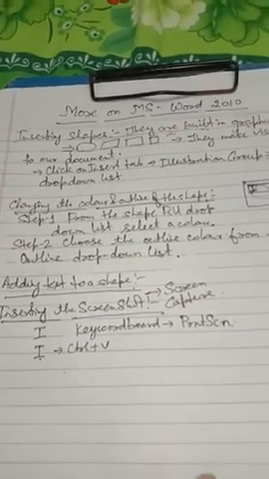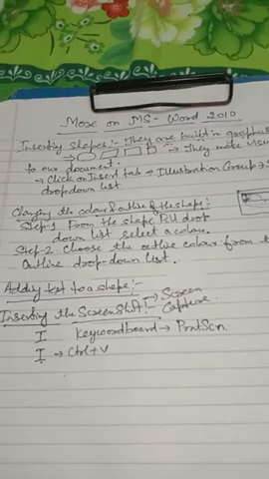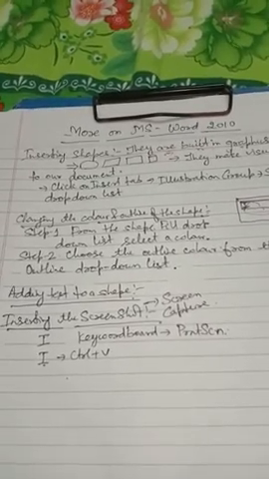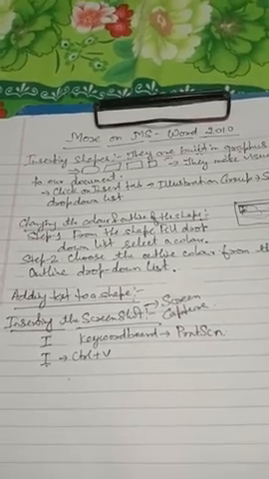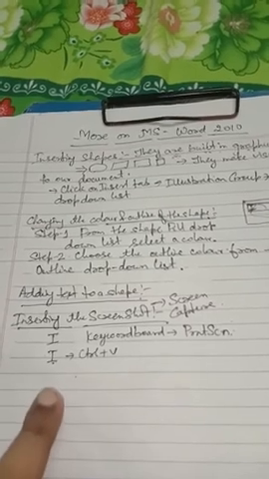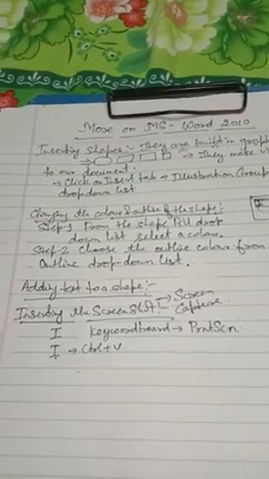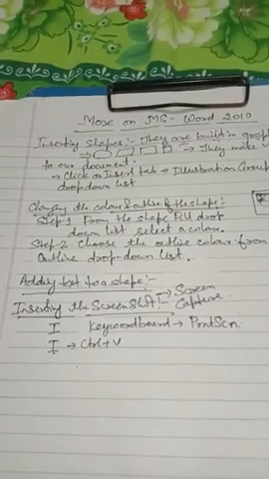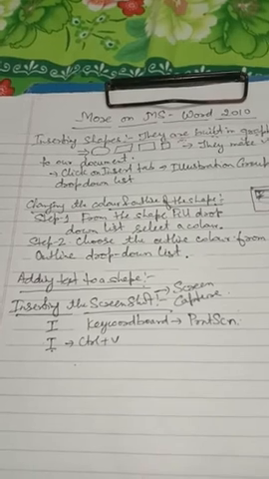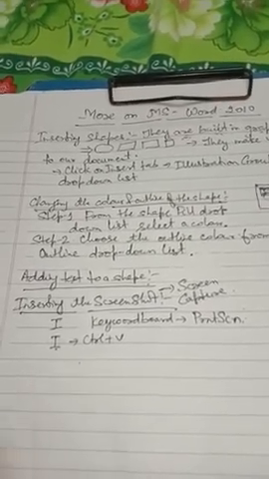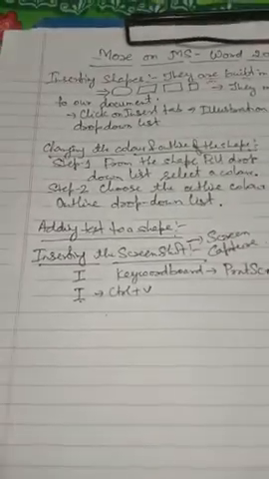Now click on the print screen option on the keyboard. As soon as you click on print screen, the image will be copied to the clipboard. Now bring the cursor where you want the image to appear. Then from the keyboard, press Ctrl+V for paste, or go to the paste option. As soon as you click on paste, the screen that you have captured, or the screenshot, will appear where your cursor is. So this was how to insert the screenshot.